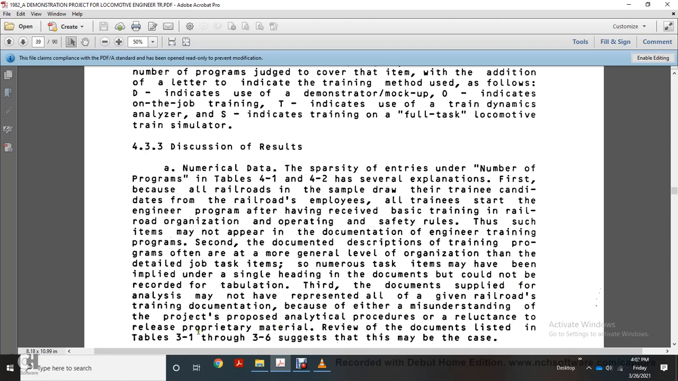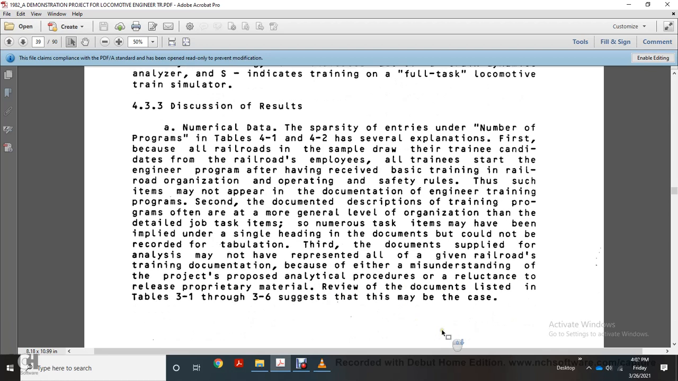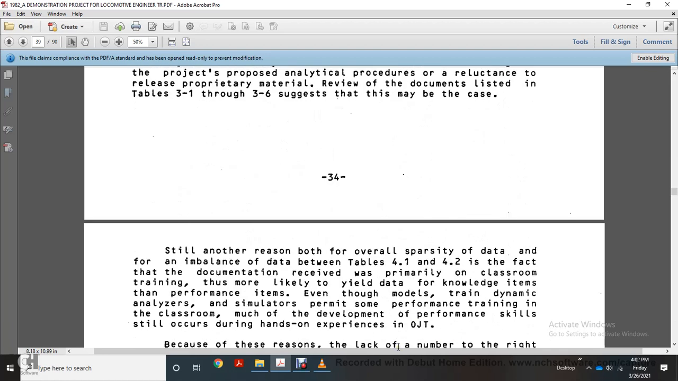The review of the documents listed in tables 3.1 through 3.6 suggests that it may be the case. Another reason is both the overall sparsity of the data and the imbalance of the data in tables 4.1 and 4.2, with the fact that the documents received were preliminary on the classroom training, more likely to yield the data with the knowledge items than the performance task items, and even with the model training dynamic and analytic, with similar performance training in the